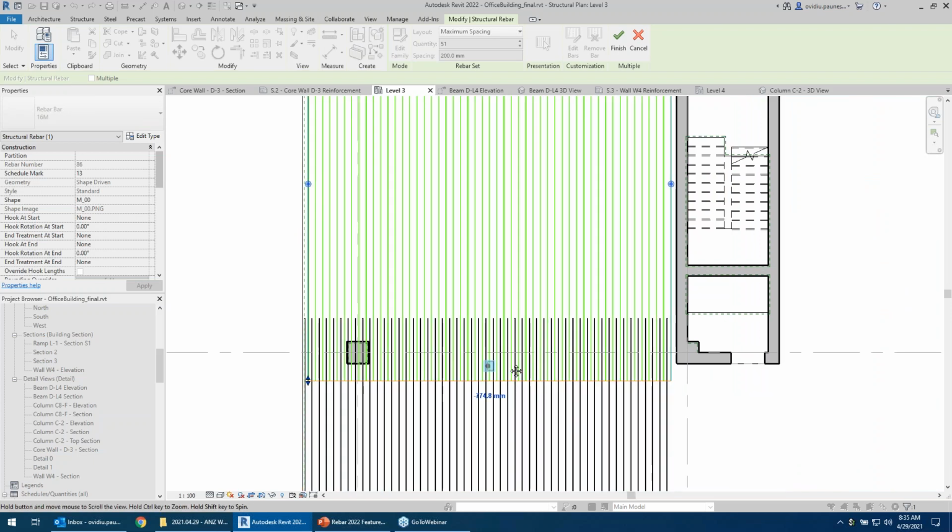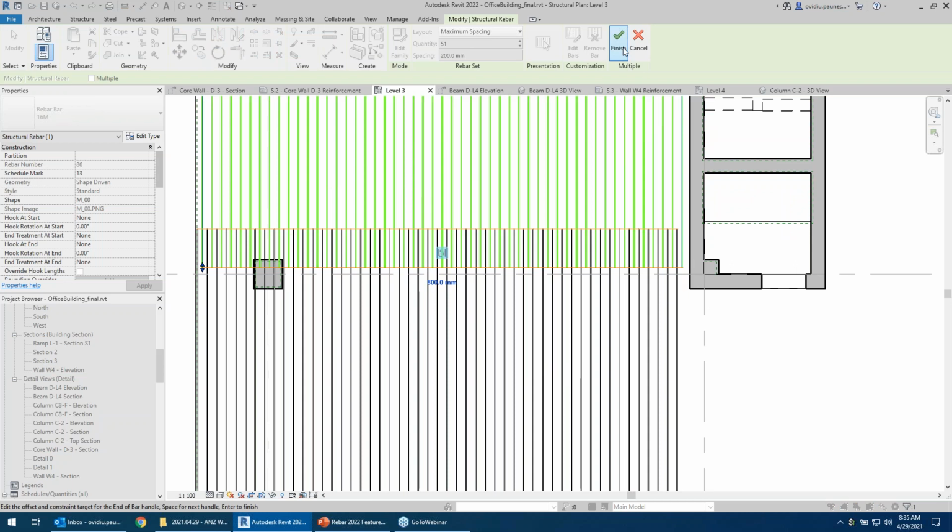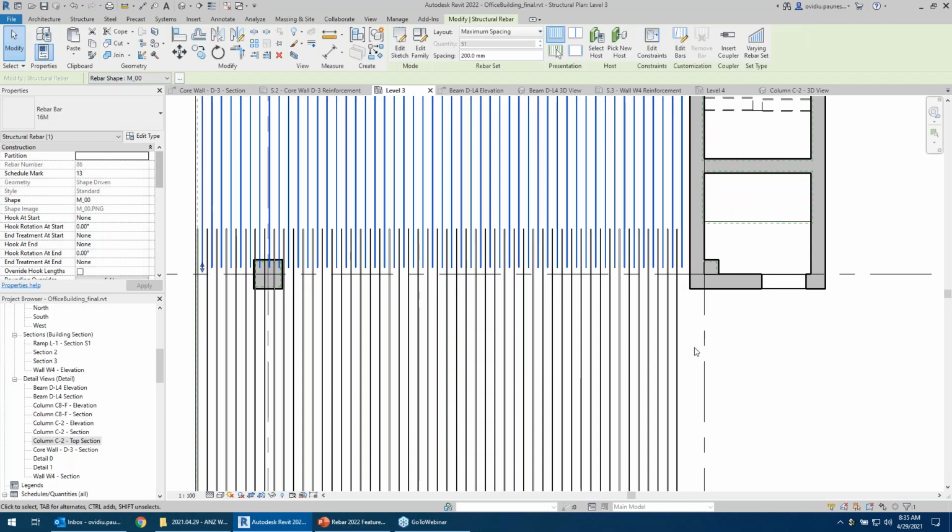And for the end constraint, if I want to set a splice length for these two sets, I can come in here and click to constrain these two. And we have here the offset, which we can input manually. So for example, if I just input from the keyboard without clicking 800 millimeters, these are now overlapping by 800 millimeters. So if I press finish or enter,